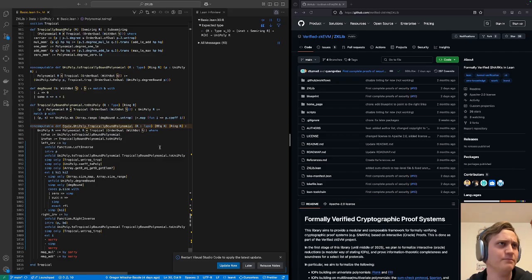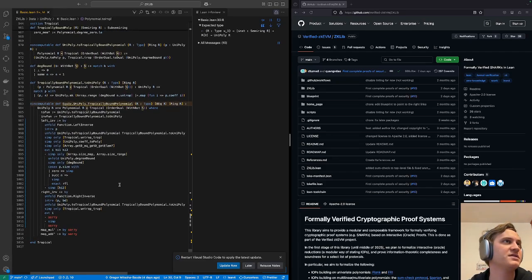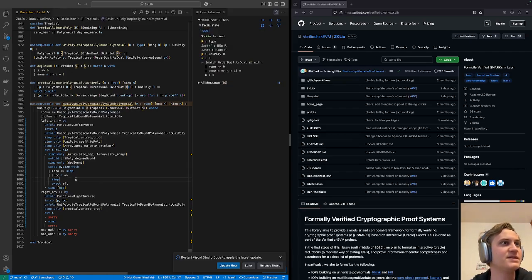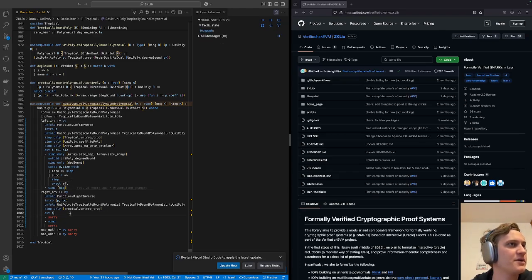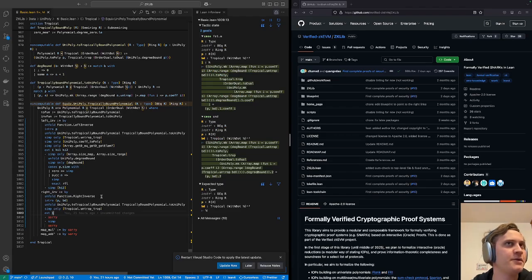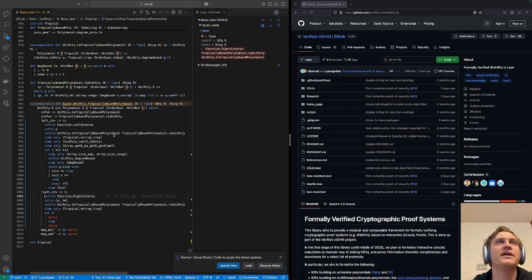So maybe I'm going to try and finish this ring equivalence between the unipoly type, which is just arrays, and this type of polynomials with a degree bound. Okay, so the left inverse is done. I've done the left inverse here, and I'm going to do the right inverse part now, or I'm going to try to. Right, so for the right inverse, what we have to show